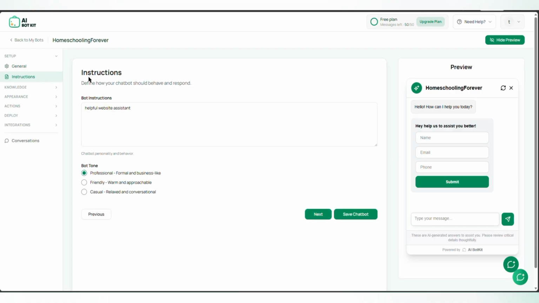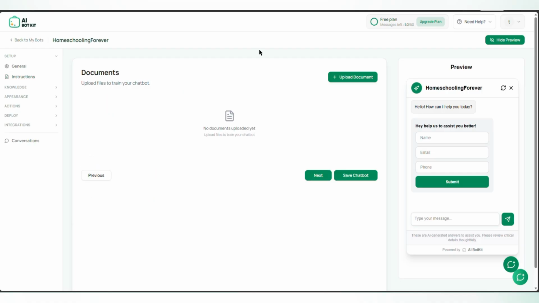This section here, define how your chatbot should behave and respond. Basically, I have 3 options: professional, formal and business-like, friendly, warm and approachable. I'm just going to use this one. Next option is casual, relaxed and conversational. Let me just go ahead and hit next here. And from here, I can